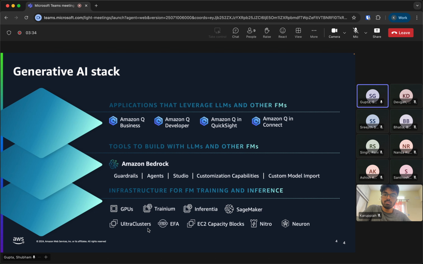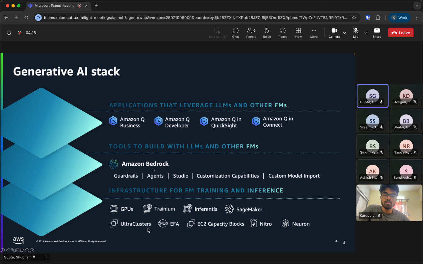Then I want to quickly introduce you to the GenAI stack of AWS. A lot of services, a lot of things you will see here, but I'll quickly introduce you to just a few of these which are relevant to you. At the bottom we have our infrastructure layer, where you can use the GPUs or purpose-built chips like Trainium, Inferentia, to train and fine-tune your LLM, or the model which you want to run. You have SageMaker, which you might already be using for some of your ML workloads. It also provides you the capability of using GPUs to train your model, fine tune your model. So this is the infrastructure layer.